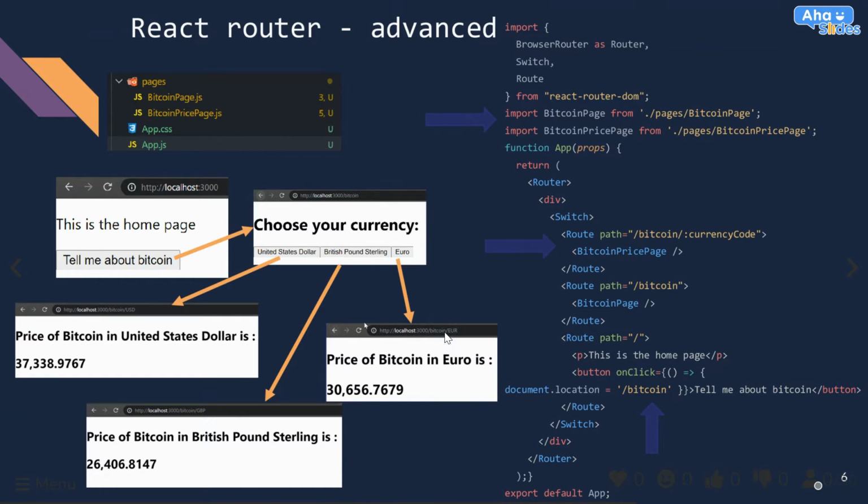So what's going to be the dynamic component here? It's the currency code. Imagine I have 12 currencies and I want a page for each of them. One stupid way would be that I copy paste this 12 times. I explicitly write the letters, like USD, EUR, GBP, and make a new page for each of those currencies. Sure, that would work, but it would take me a really long time.